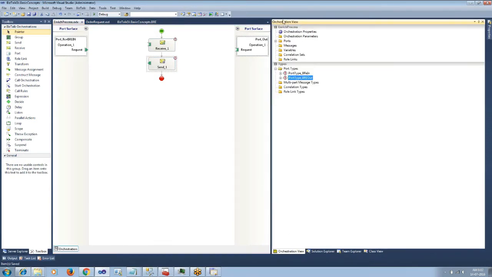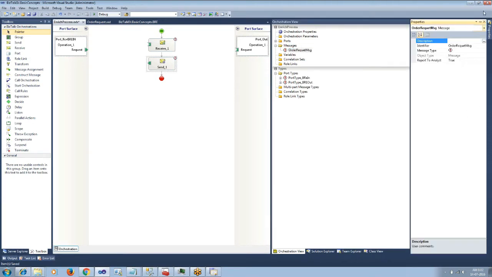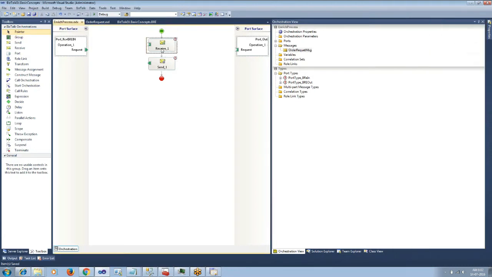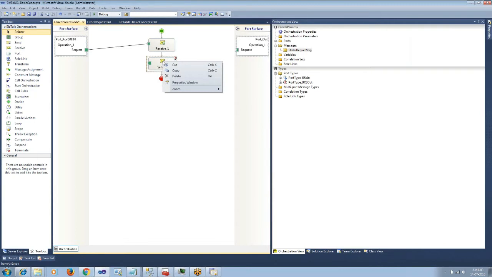We will execute the BRE before sending the message. So we will add a message type, order request message type, map it to the receive and send, and map the receive and send logical ports.